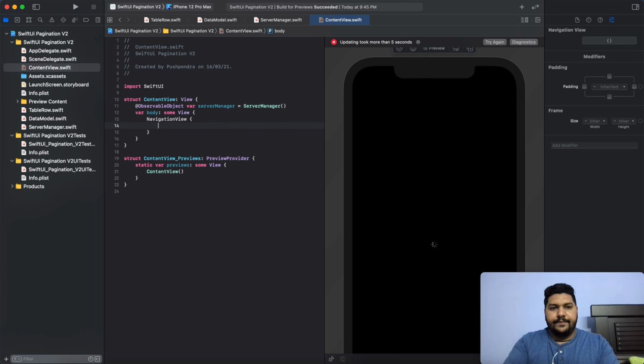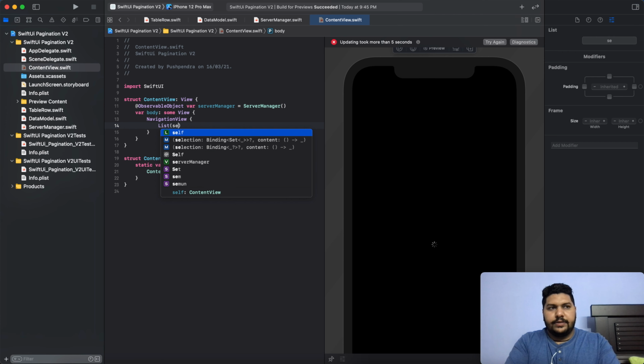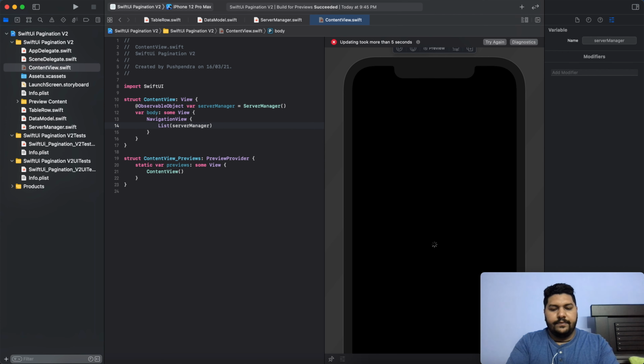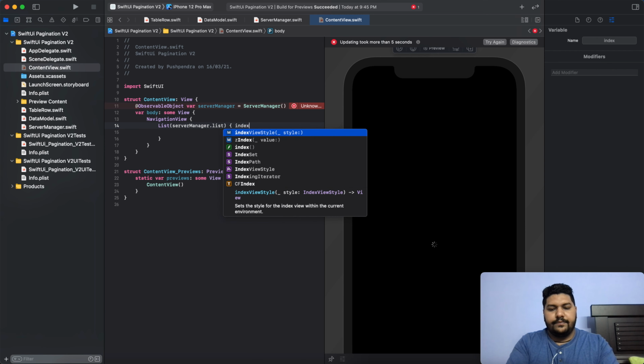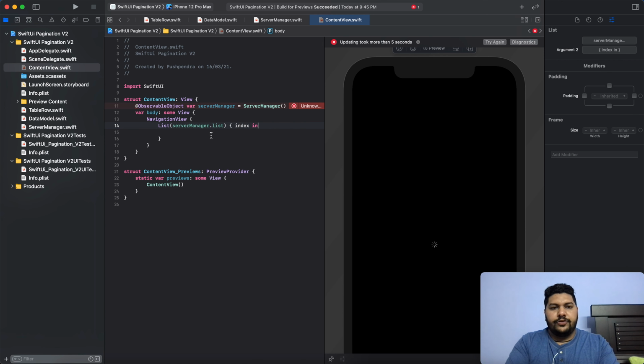After that, create a list of data. What type of data? Server manager dot list, and it will give us the list index in, so it will return an index of every item.